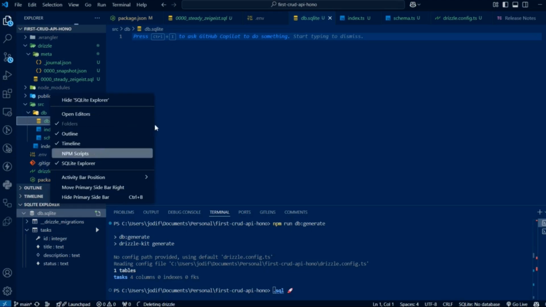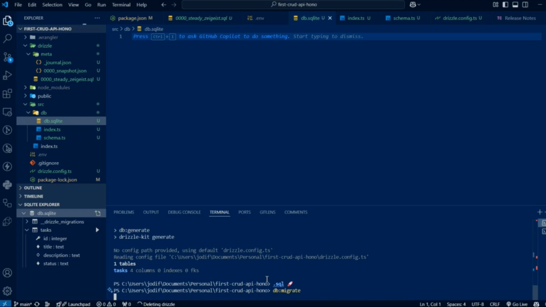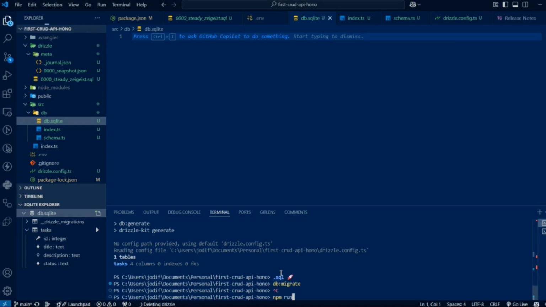Let me add 4 columns. Once this is done, then let me run this. Oh no, I need to do npm run, and then